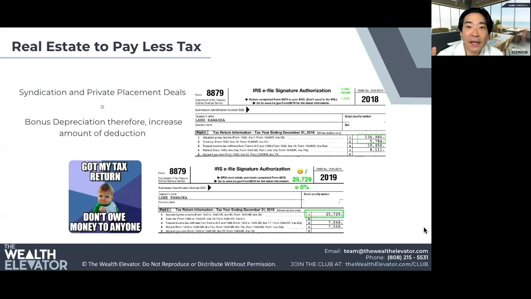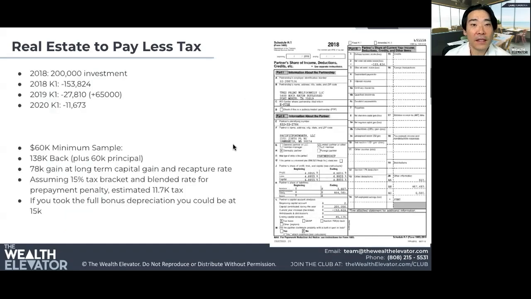But this is my actual taxes for 2018, I think maybe a couple years after I'd been in this syndication game, where I paid about 4.2% my first year in terms of taxes. Paid about 5-6 grand out of my adjusted gross income of $136,000. And then look what happened next year, 2019.